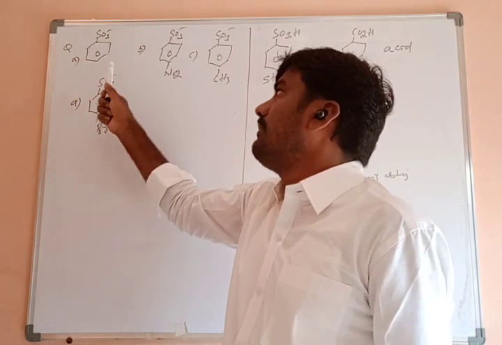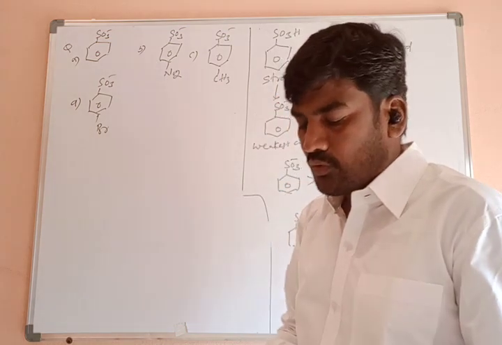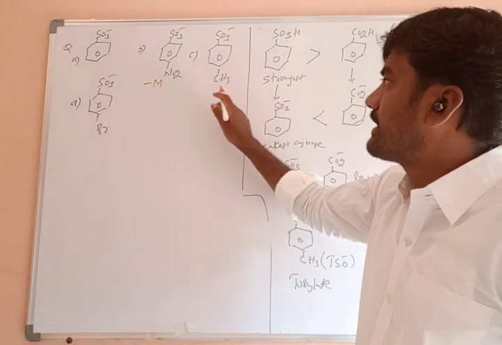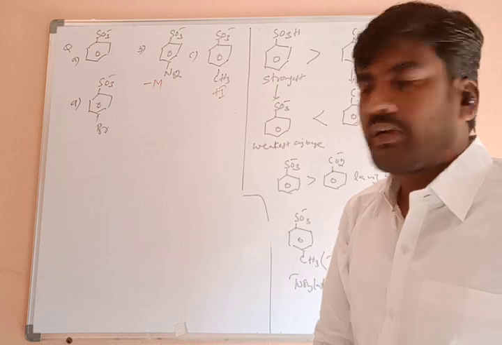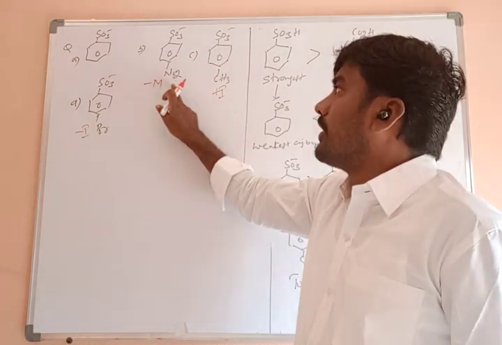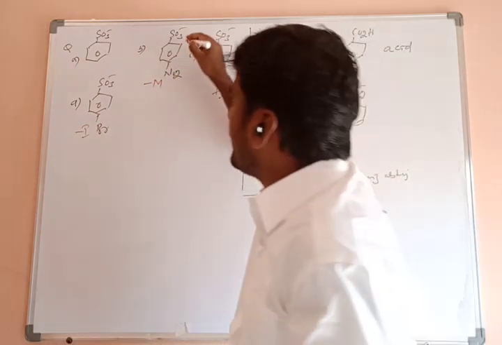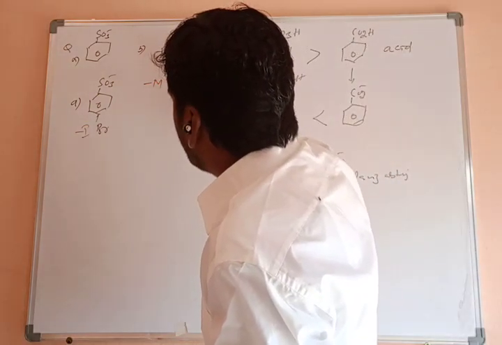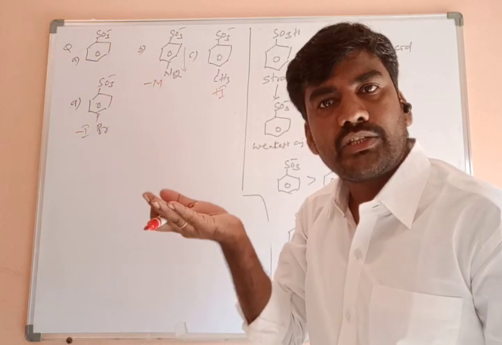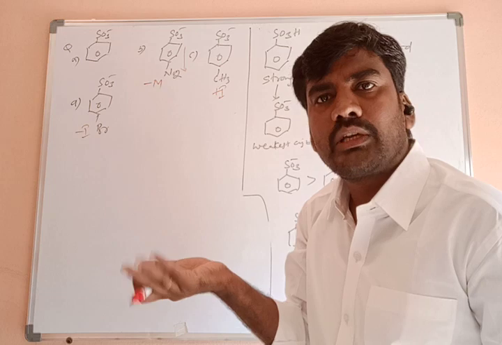In compound A there are no groups attached on the benzene ring. What about B? The NO2 group shows a minus M effect, a negative mesomeric effect. What about CH3? Plus I effect. What about Br? It shows a minus I effect. Due to the minus M effect of NO2, electron density decreases, moving towards the NO2 group throughout this molecule. Electron density decreases means negative charge decreases, so stability increases. Stability increases means the leaving ability of that group increases automatically.